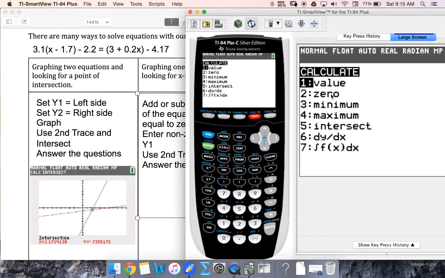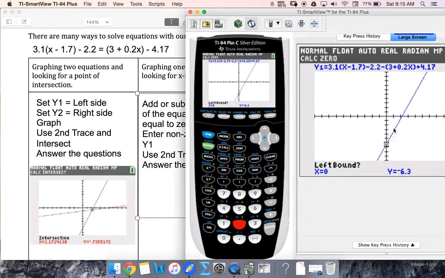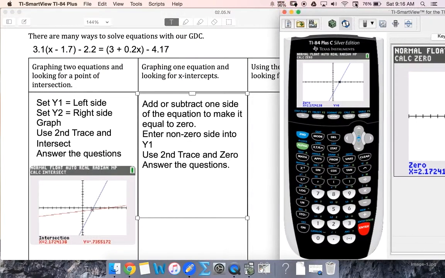This time I'm looking for the 0, so that's number 2. The left bound, it's asking me, what is a number on the left side of your intercept? A number that's clearly on the left side is x equals 1. A number that's clearly on the right side is x equals 3. My guess is that it's just a little bit bigger than 2, so I'm going to say 2.1 again as my guess. And I get the exact same value as before,